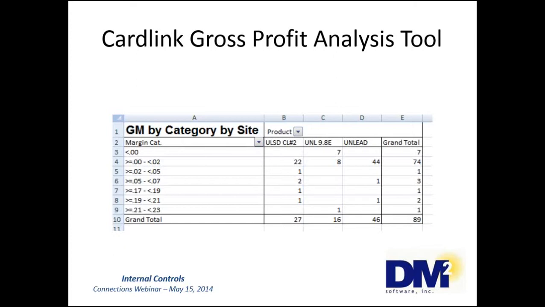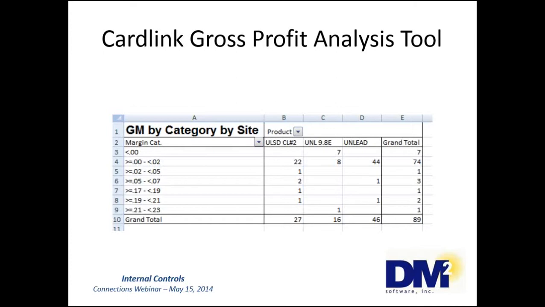If you have incorrect pricing and you update your invoices, the only way to correct it is to manually correct your credit and rebills. The gross margin by category tab is the most important pivot report in this tool. You will really want to scrutinize it. The products are listed across, and the margin categories are listed down. If you were analyzing these transactions, the ones that you would want to pay attention to are the first two margin categories.